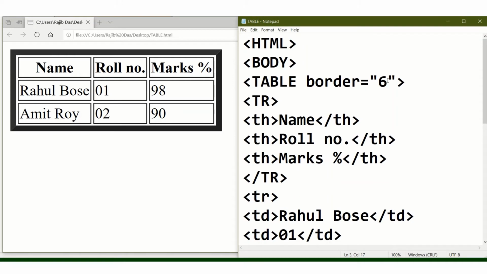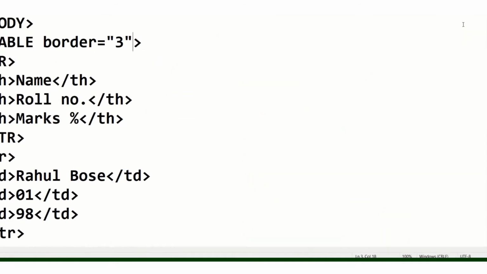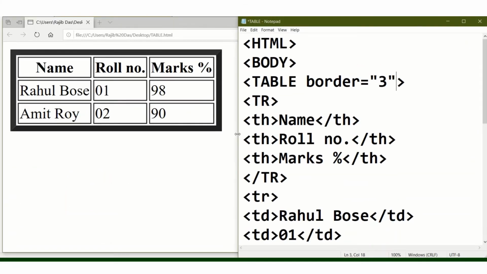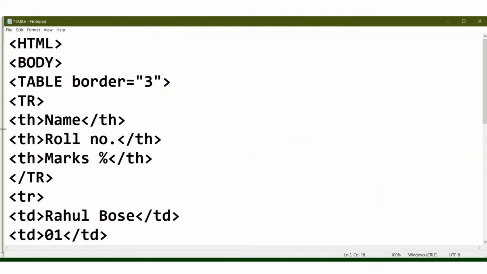So I am writing the border 3. Then the height and width of the table. This is an attribute of the table, height and width. So I am writing the height.